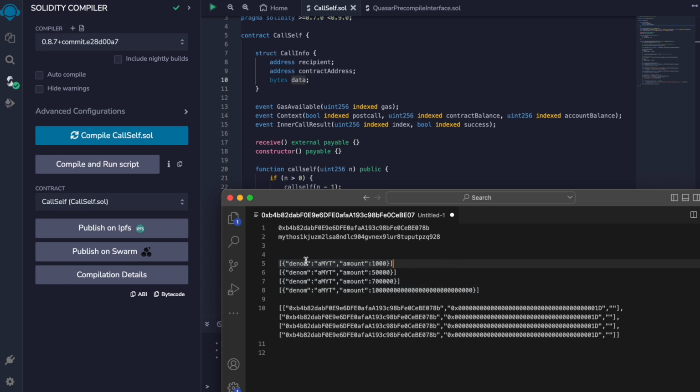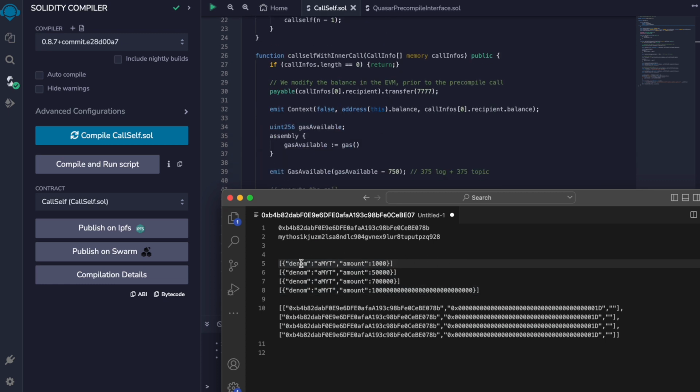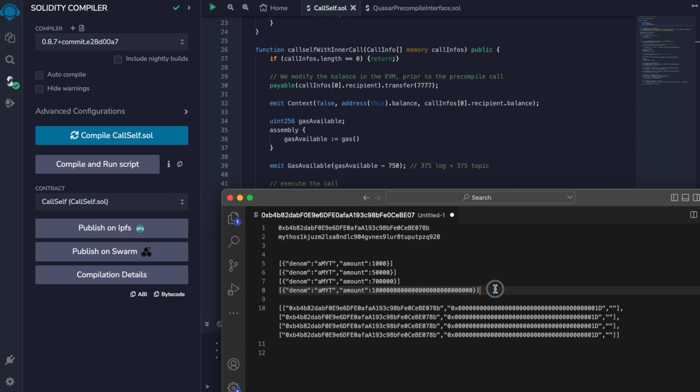So we will do the first 3 amounts should be messages that will succeed, and then the 4th message should fail. And because the 4th message fails, and it will fail because the amount that the contract will try to send will be bigger than its balance.